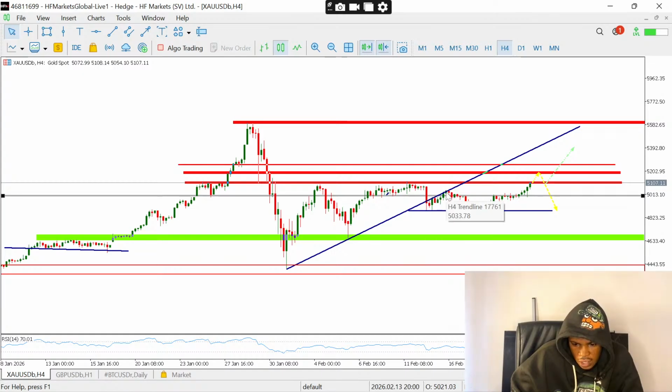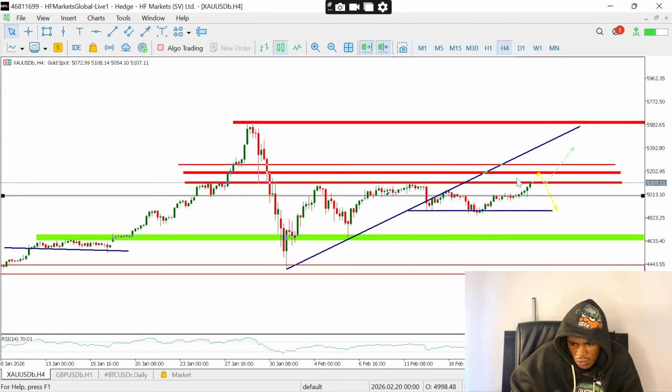At this point right here, a lot of people are going to be selling, which, yeah, if you had sold around this area right here, you would have made money from this trade. But still, looking at this whole structure, you know that the market has been consolidating around this area because the market wants to break above. The market has been trying all possible ways to break above this resistance area, but it couldn't. Maybe because there are a lot of sellers in the market, that is why it fails to break it,